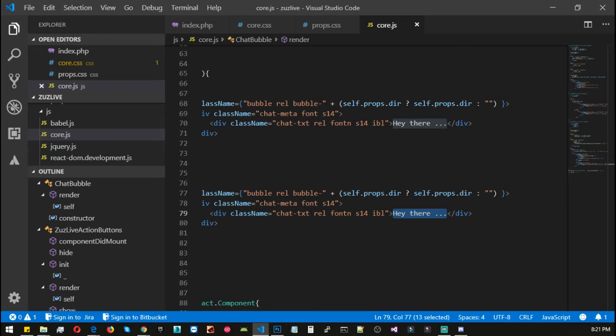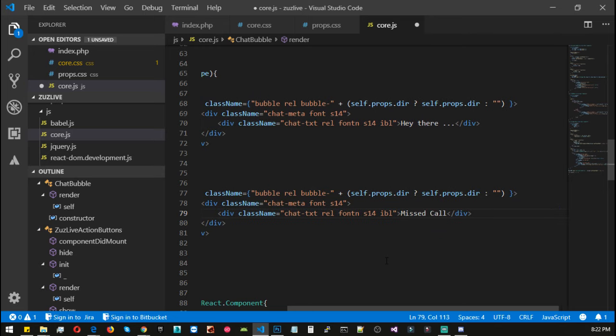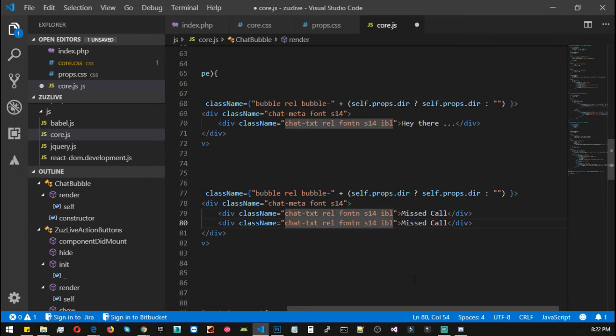something like missed call chat. I'll keep chat text for now. Duplicate chat dir. Well, let's use chat call, and call duration, and now inside duration we will use 0 0 0,